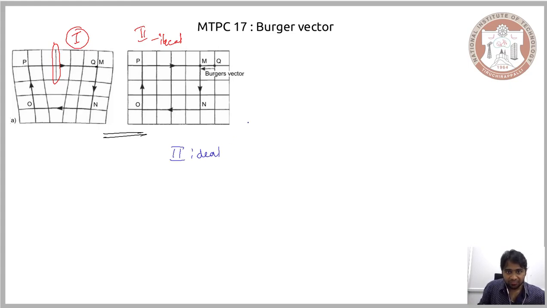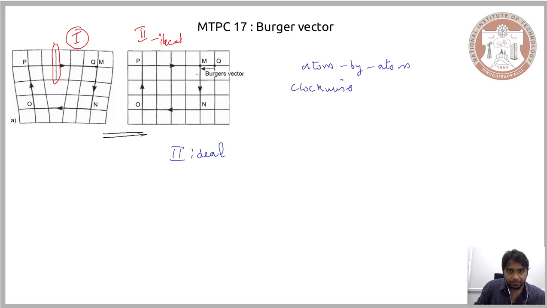So in this case, we will be beginning with this, and then we begin by constructing a Burgers vector. Or rather, we will begin by constructing a Burgers circuit. So we again take the clockwise direction path and we move atom by atom, meaning we move lattice point to lattice point.